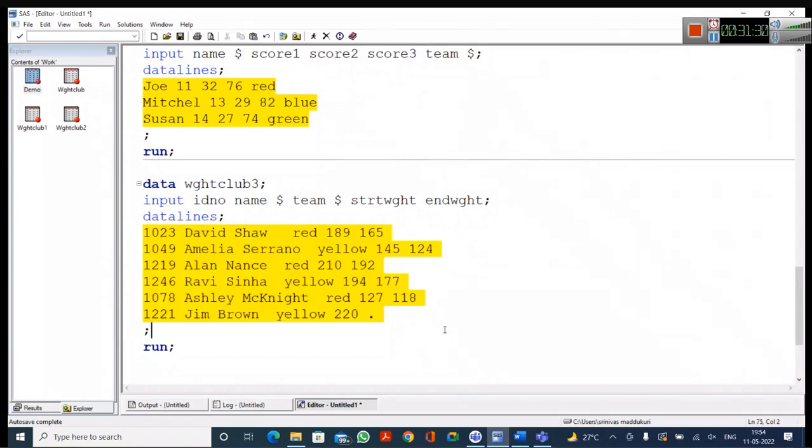But if you carefully observe this data, there is some specialty in this data. The values which contain embedded spaces, which means the name values and the next variable's values, the team values, are every time, in all the scenarios, separated by at least 2 consecutive spaces. Can you see this? Between the name and the team values, we have a minimum of 2 consecutive spaces. Now we can use a modifier